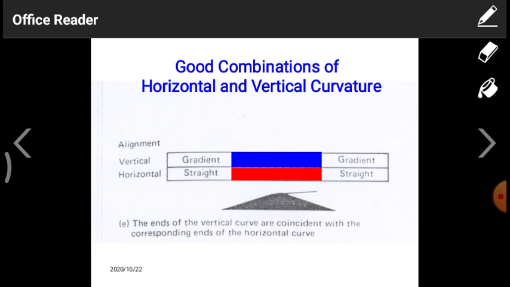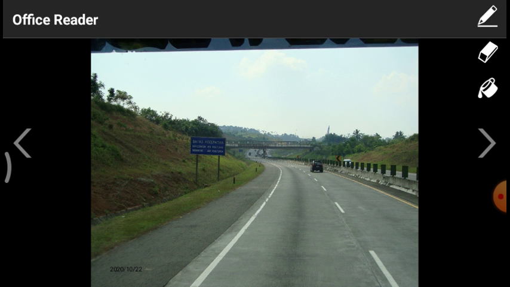In the previous class, we discussed different topics, that means different images with respect to horizontal and vertical curves and their alignments and gradings and other things. But in today's class, we have to discuss a few things related to gradients, side slopes and side drains. Those are also parts of the road system. We need to have a brief explanation about those things.